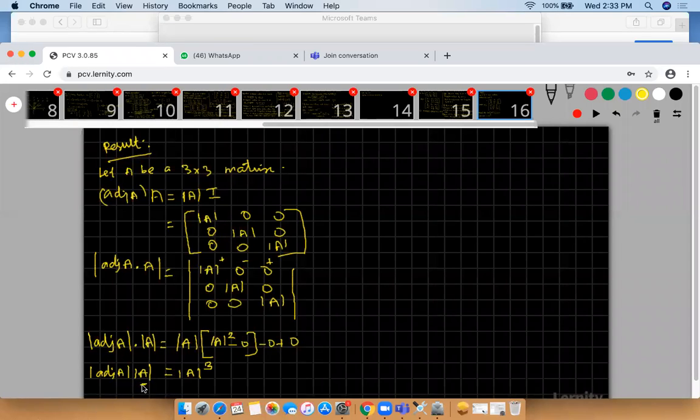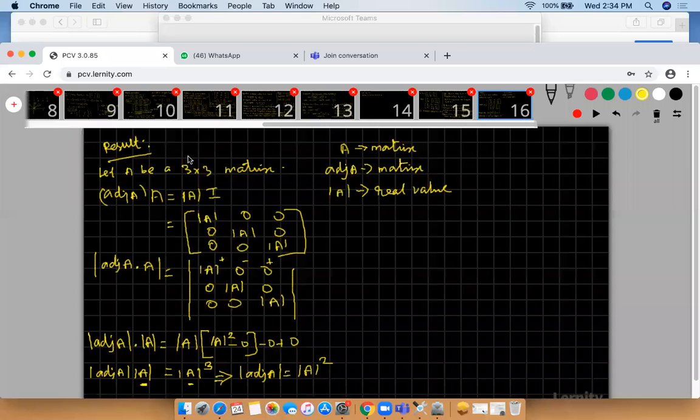Determinant of A is a numerical value, and here also this is a numerical value. Look at that, your A is a matrix, your adjoint of A is also a matrix of the same order. But determinant of A is a numerical value, a real value. It is a value, not a matrix. You cancel it one time. So therefore, your determinant of adjoint of A is equal to determinant of A the whole square.